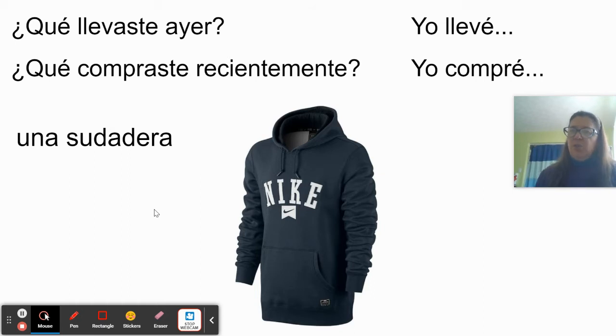All right, so sweatshirts and hoodies and things like that. A sweatshirt does not necessarily have to have a hood, so you can call them your sweatshirt, you can call them your hoodie, whatever you're referring to. But that's una sudadera. Sudar means to sweat, so sudadera.